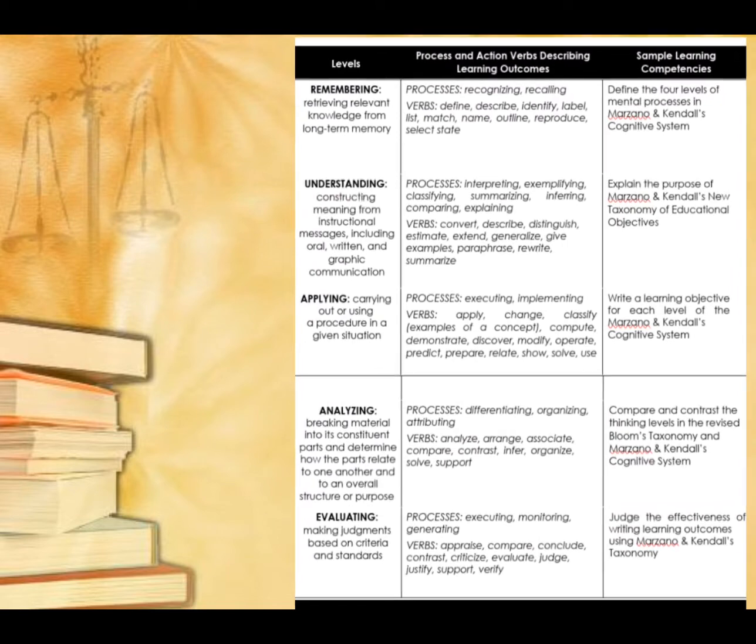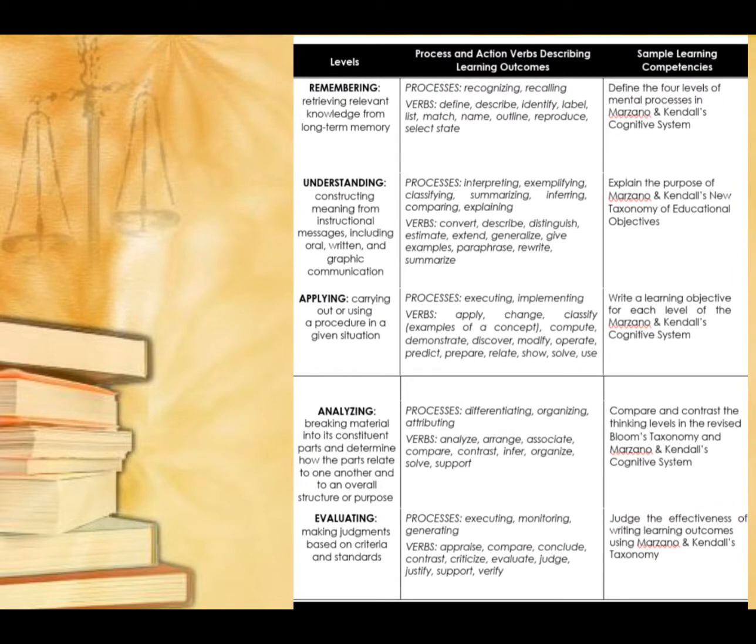So this is the new version of Bloom's revised content. This table might be utilized. We can see the levels, processes, action verbs, and sample learning competencies in the upper portion of the table. For example, remembering for the level is retrieving relevant knowledge from long-term memory. We have the process, which is recognizing and recalling. We have action verbs that we may use in